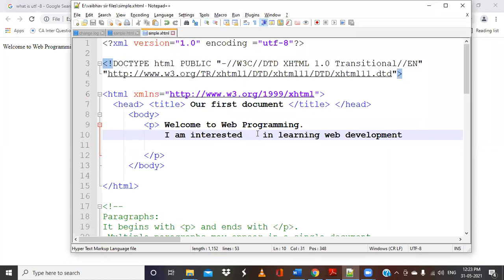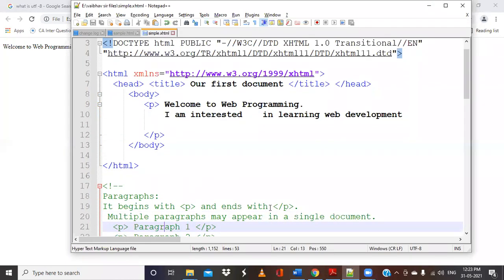And also I had given some white spaces. These white spaces are also ignored by the web browser. So if they ask you what a paragraph tag is, what will you write? The paragraph tag will begin with this and it will end with this. Whenever we want to write some content onto the web page using paragraphs, we can use these, and there can be n number of paragraphs as well. There is no mandatory rule that you should have only one or two paragraphs. You can use n number of paragraphs, provided each starts with the p tag and ends with /p. That is the syntax for the paragraph tag.